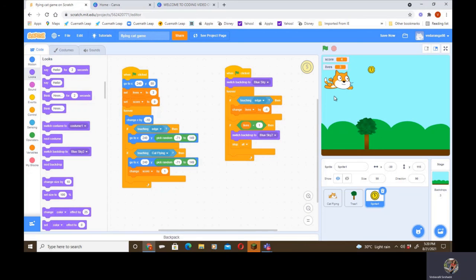You can also add a winning scenario wherein you can say if score is greater than 20 or 25, then you can